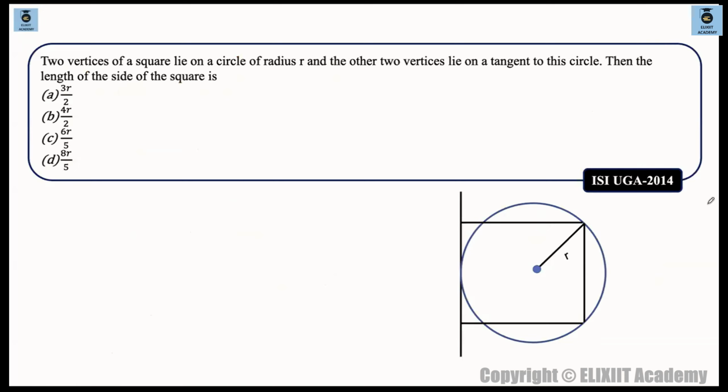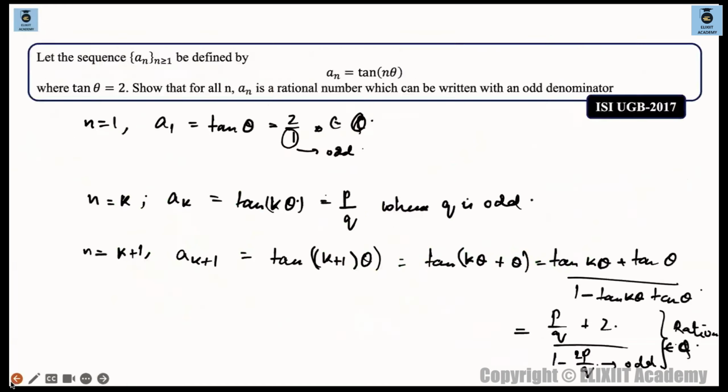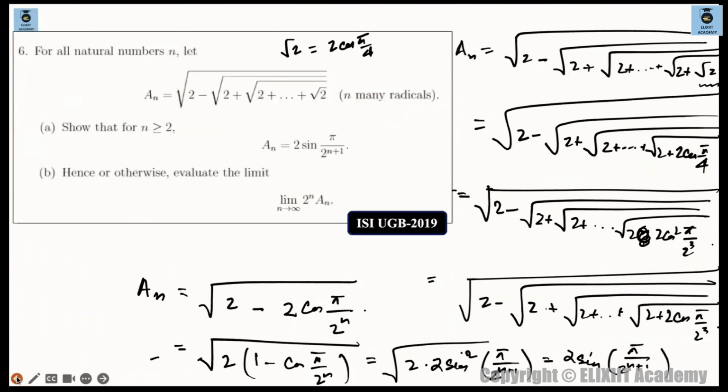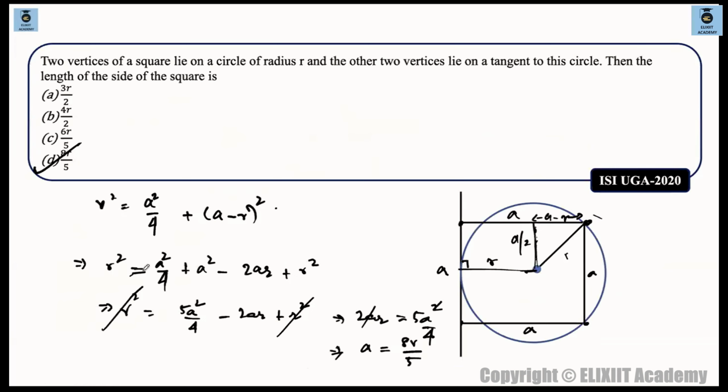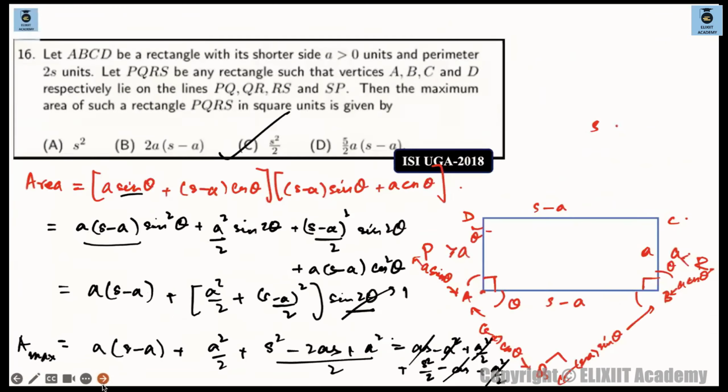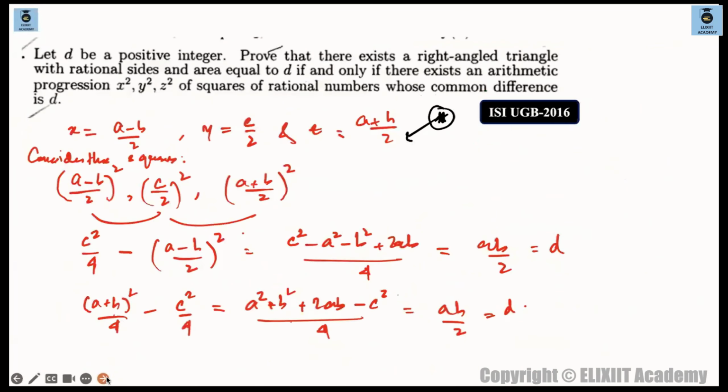Next question, अच्छा, two vertices of a square lie on a circle of radius r and the other two vertices lie on a tangent to this circle. This question is asked in ISI 2014 का question है, we have done this question I think, ये देखो ये वाला same question was given in 2020 UGA, they have repeated the question. 8r/5 था, तो ये भी 8r/5 ही होगा, so we can skip this for the time being, we have done this question in class,